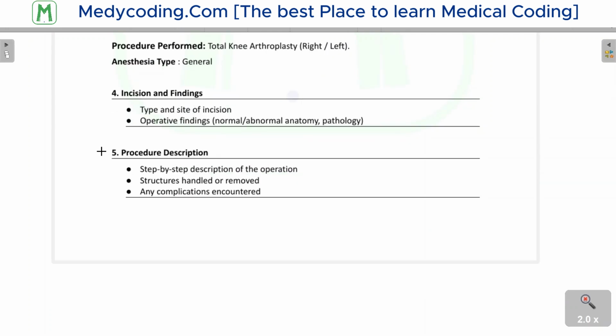So the main body of the report is the procedure description. This is very, very important. The procedure description is the detail of the procedure. They give step by step what procedure is performed, and here in this description, they mention what